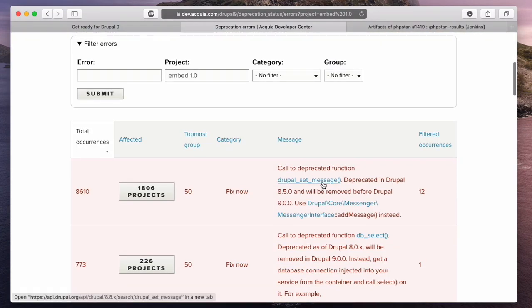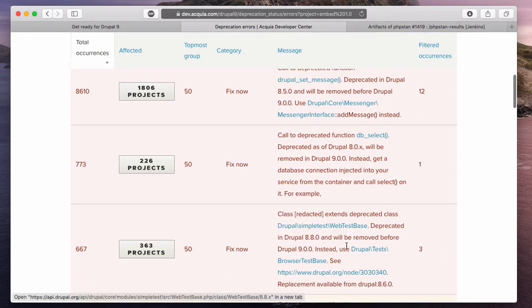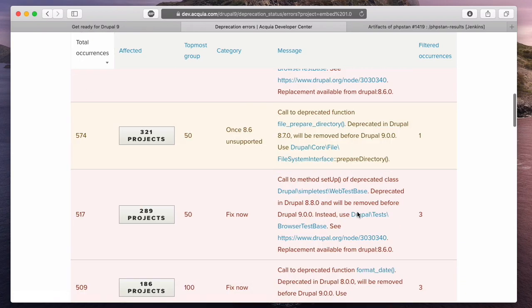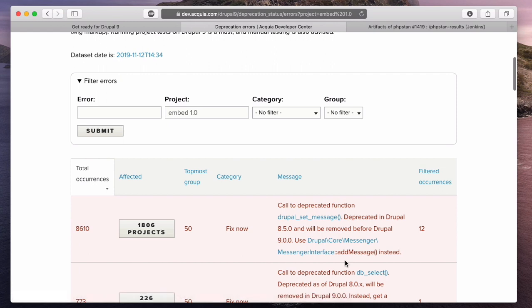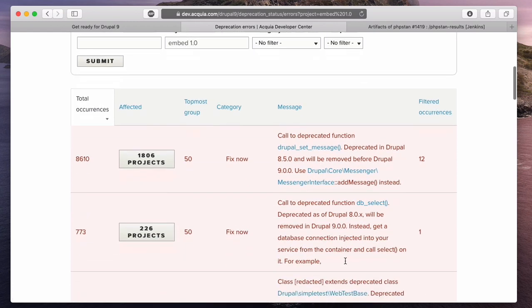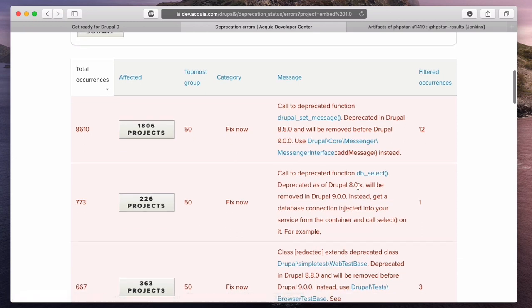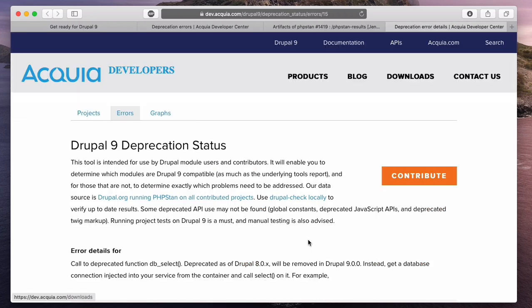It has 12 calls to Drupal set message and DB select and web test base and some other things. So it's possible to review the results based on all the errors found. And it's also possible to review the results based on the error itself. So you can go here and look at what are the 226 projects that are